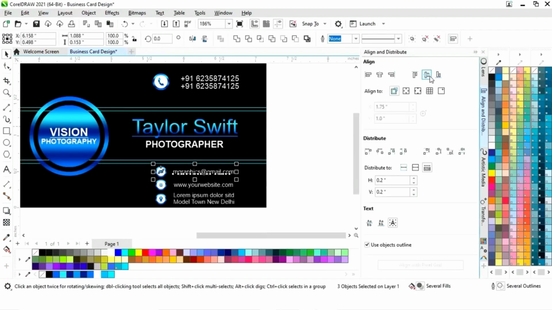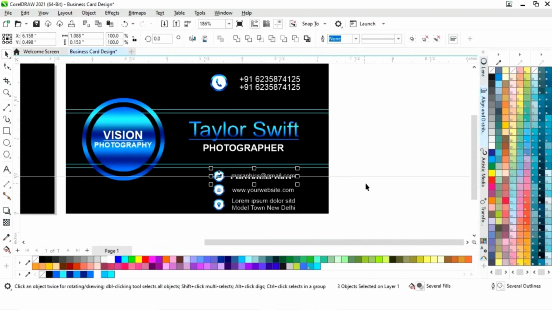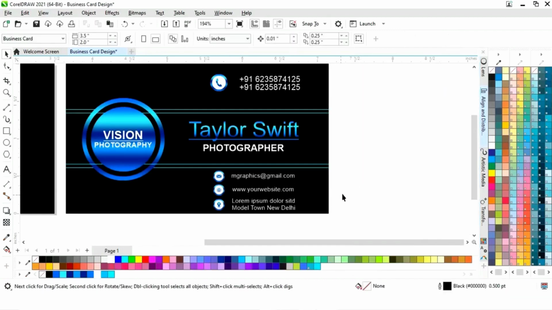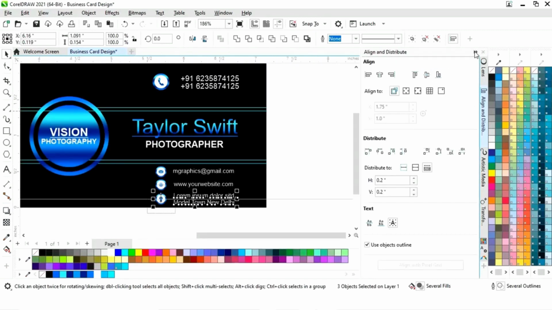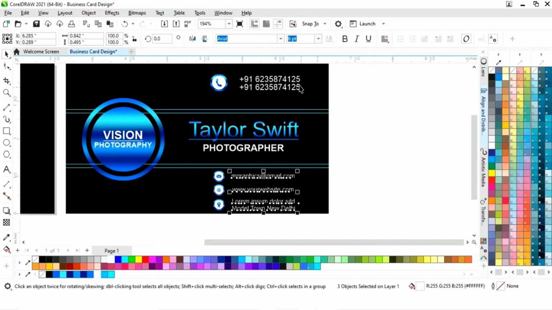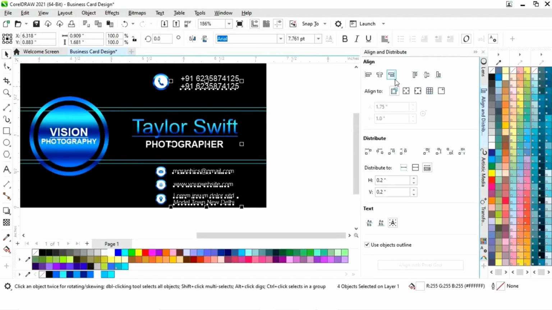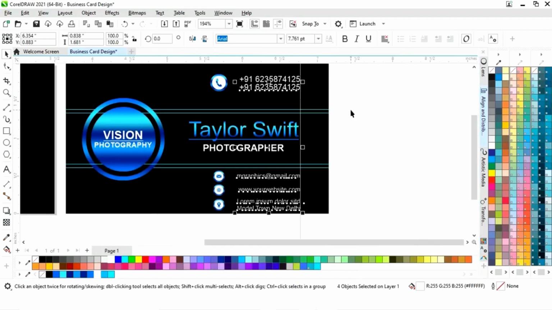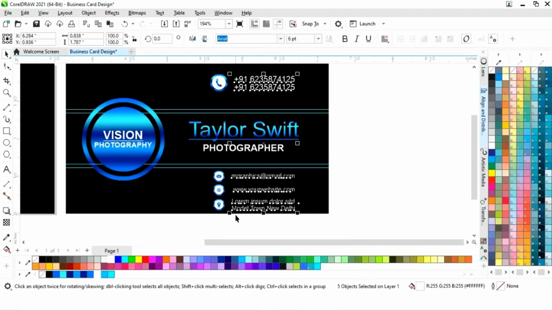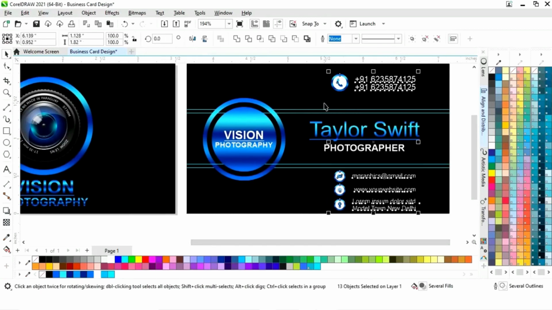Now we'll select one by one like this and we will align center vertically. Now we'll select all the details and we will align from the right. I will select all and we will drag.